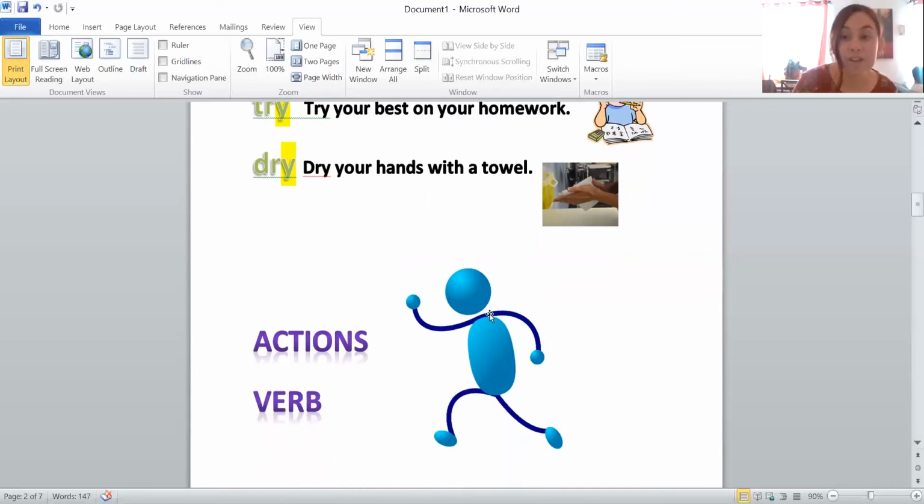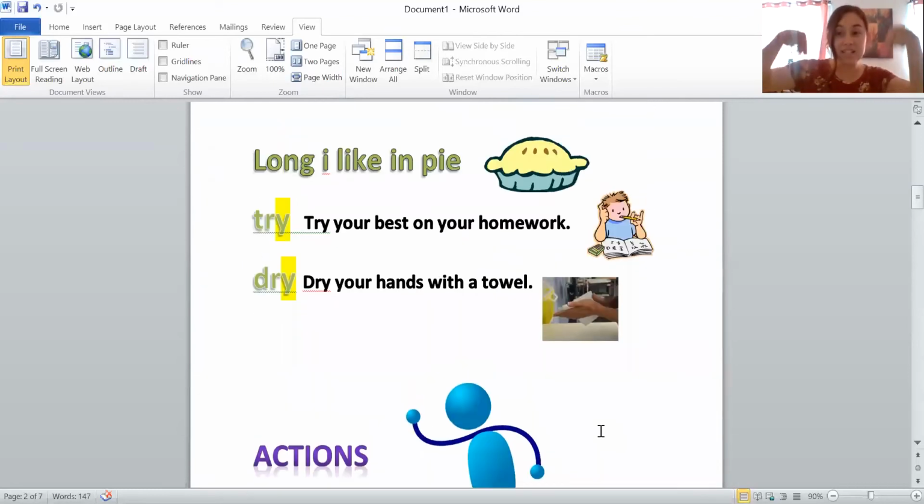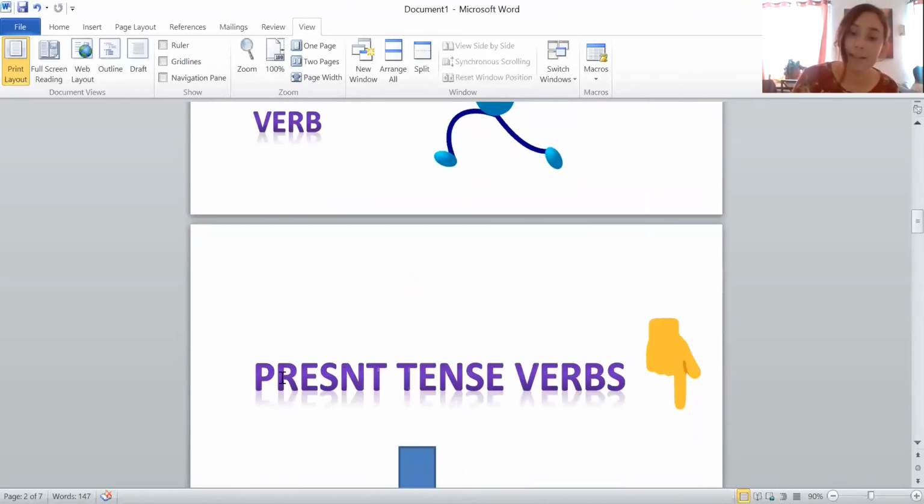So another fancy way of saying that is present tense verbs. Oh, that's a really big word. Let's take that out of our mouth. Say present tense verbs. Very good. Present tense verbs are just action words that are happening right now. So try and dry are both action words that are happening right now. That's all that means. So today, what we're going to be doing is changing our present tense verbs. Oh, every time you hear that fancy word, I want you to point down and say right now. So we're going to be changing our present tense verbs to